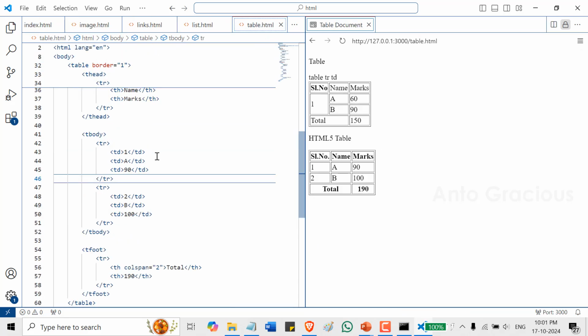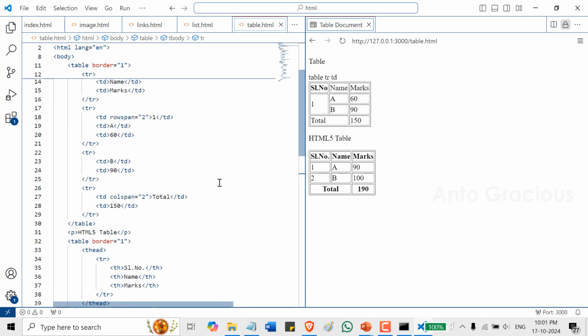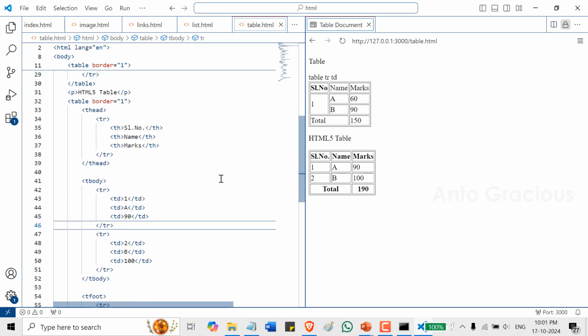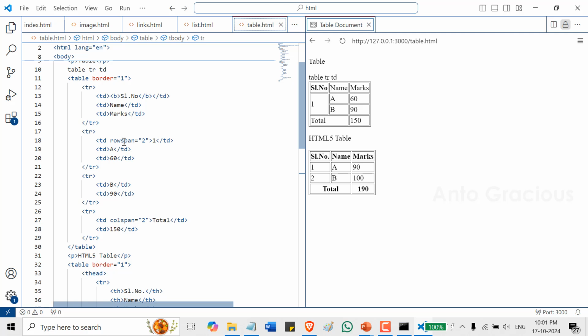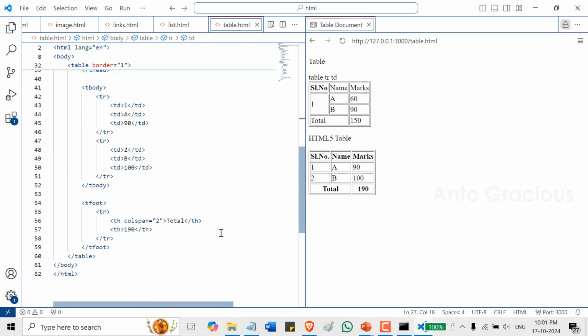The old format of table, that is the normal table used in HTML1 to HTML4, and the HTML5 table. Within the HTML5 table we have seen the row span as well as the column span. I hope you have understood the concept, and if you have any queries you can drop them